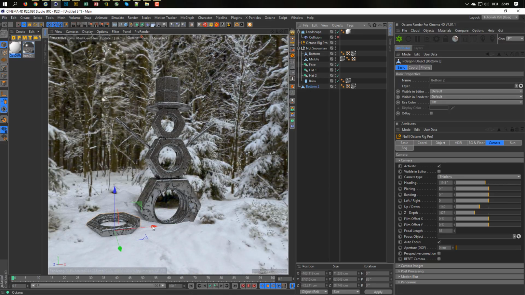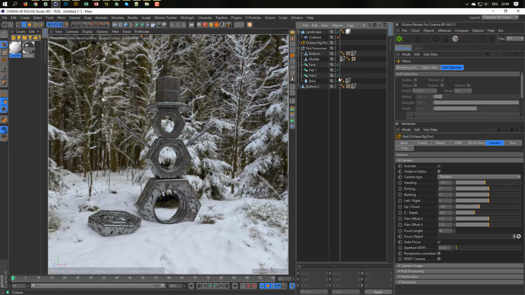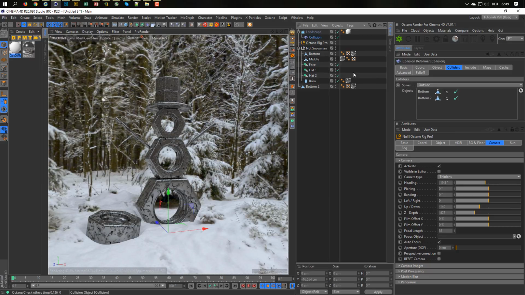So, rotate this a little bit here. So, to here. A little up here. I think it looks a little nicer. It looks not so clear everything. So, not bad in my opinion. It's nicer